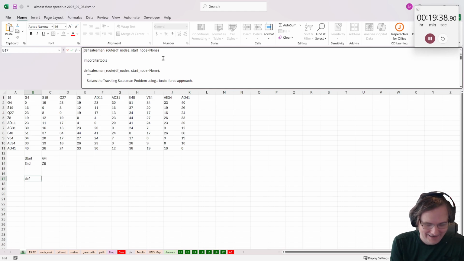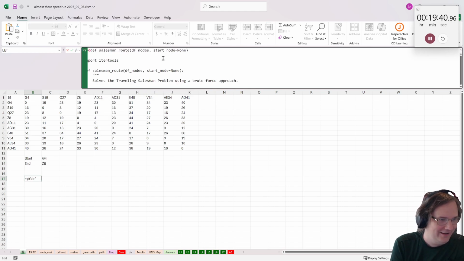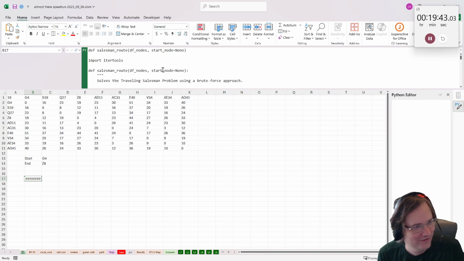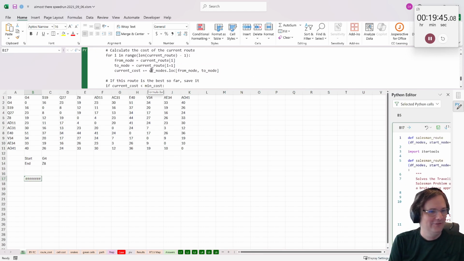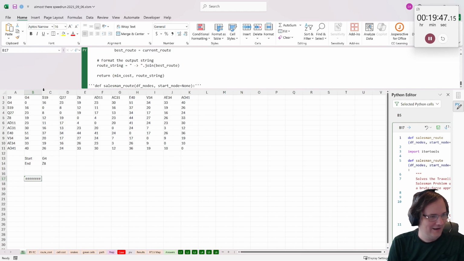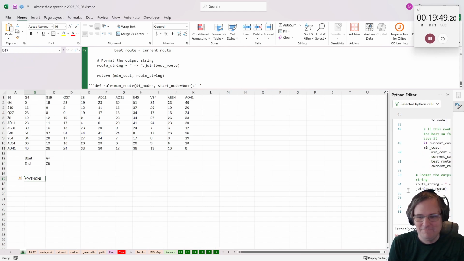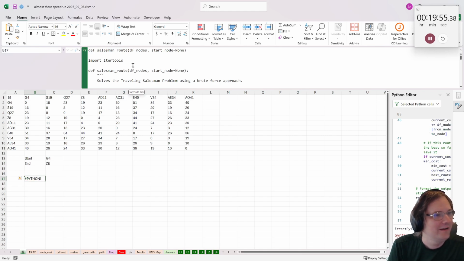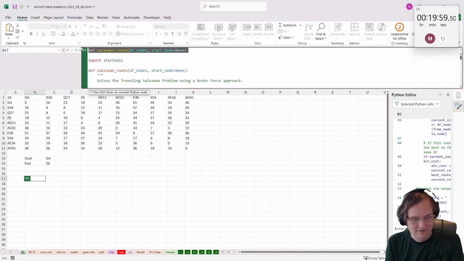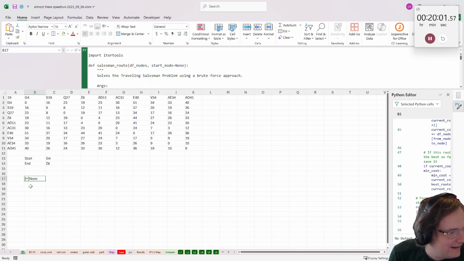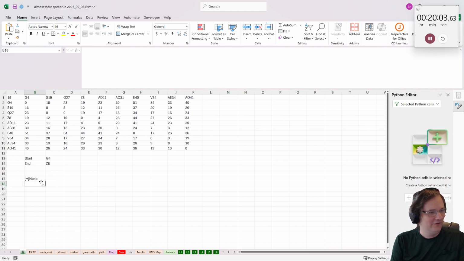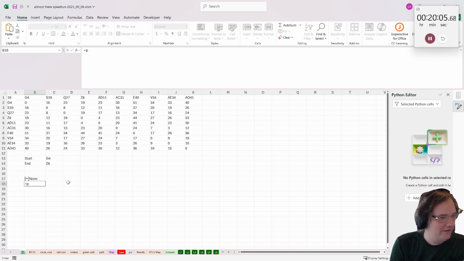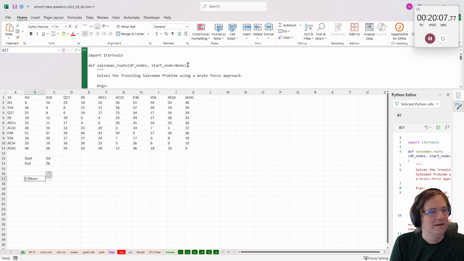So I created a Python traveling salesman function. Right, so this will determine the best route in the traveling salesman function here, unless there's something wrong with it. I shouldn't have anything wrong with it, right? This doesn't belong there. All right, so this is just going to find every possibility and find the shortest route. So if I